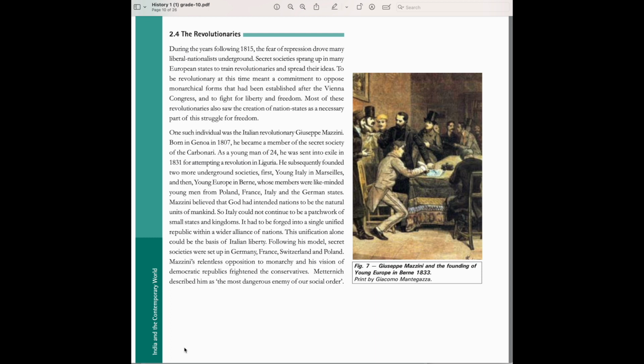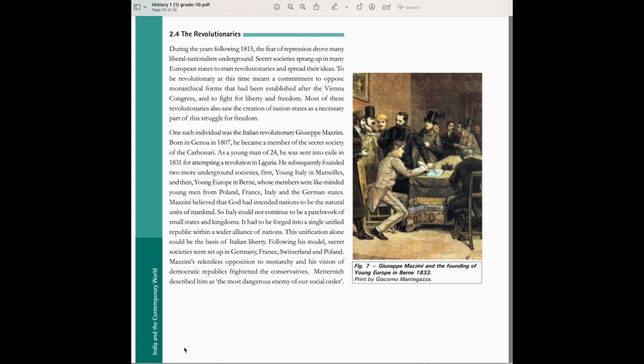Mazzini believed that God had intended nations to be the natural units of mankind. So Italy could not continue to be a patchwork of small states and kingdoms. It had to be forged into a single unified republic within a wider alliance of nations. This unification alone could be the basis of Italian liberty. Following his model,